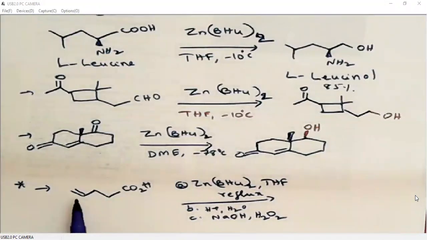Sometimes when we have terminal alkenes, alkynes or dienes, zinc borohydride not only reduces the normal functional groups, that means aldehydes, ketones, esters and acids. At the same time, zinc borohydride will also reduce the terminal functional groups like alkene, alkyne or diene. Okay, so the reduction of the double bond is not like normal hydride transfer. It is like boron reduction. So boron will add to the double bond, on one side.